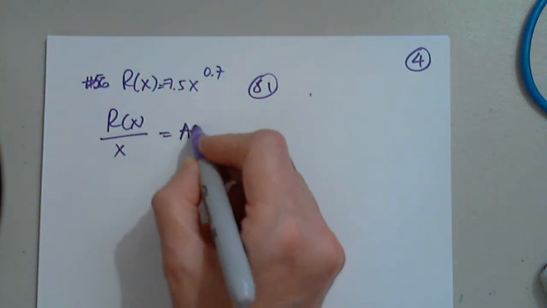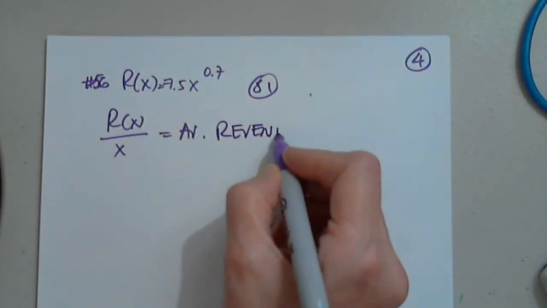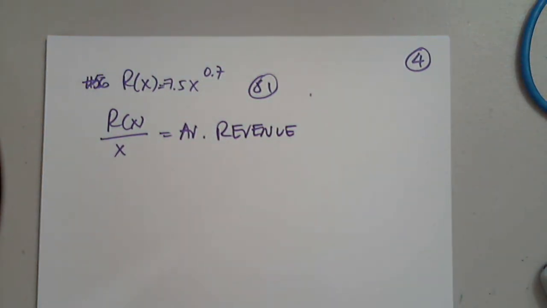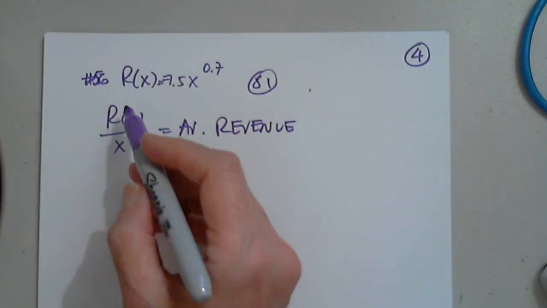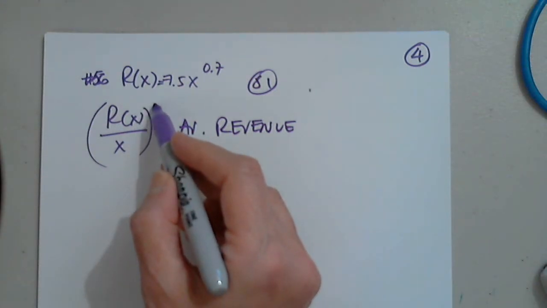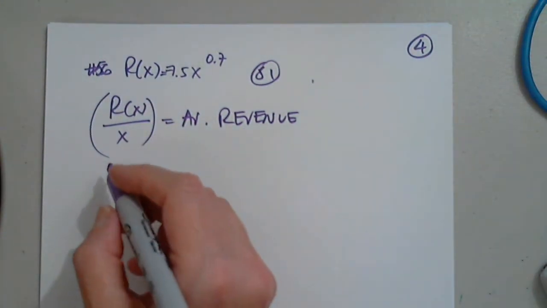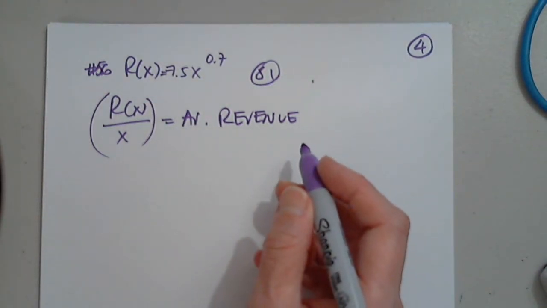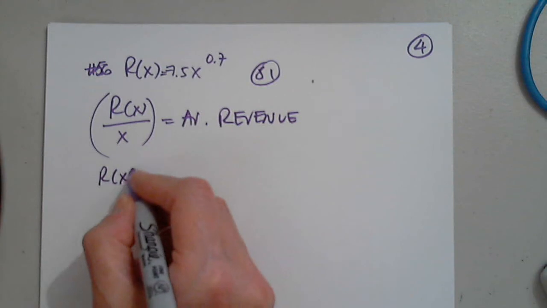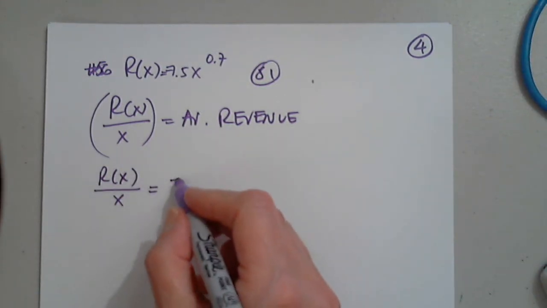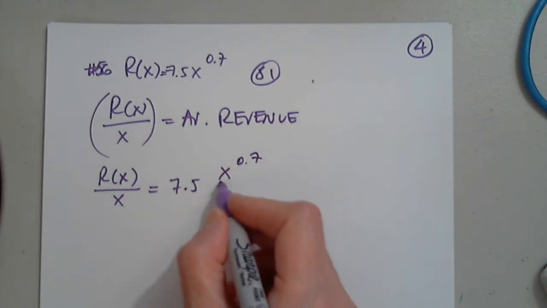by X. This is the average revenue. So the question is, first, it says we are given the revenue, but it says find the rate at which average revenue is changing when 81 bottles of barbecue sauce are produced. Okay, perfect. So we need to determine this. I don't want to put it here because that will not be the average revenue, but the rate of change of the average revenue. Okay, so first of all, let's determine this function, which is 7.5 x^2.7 divided by